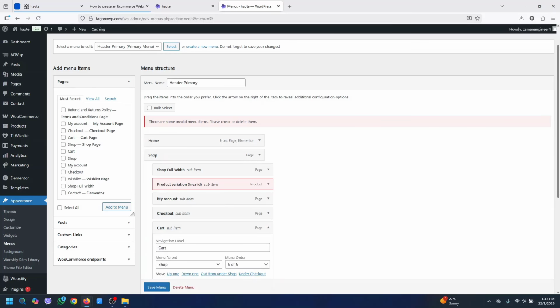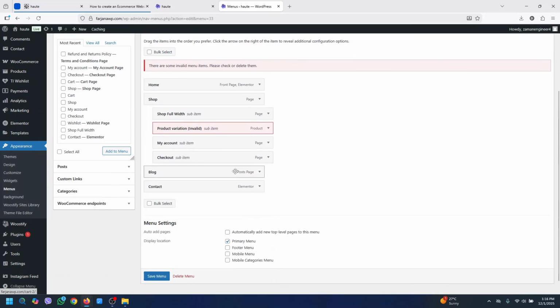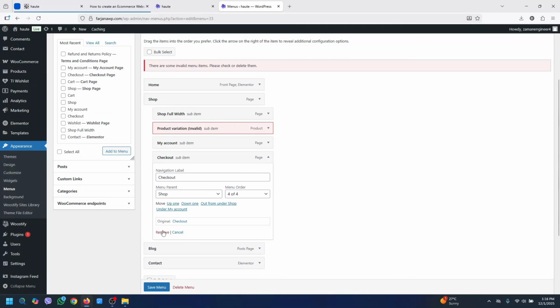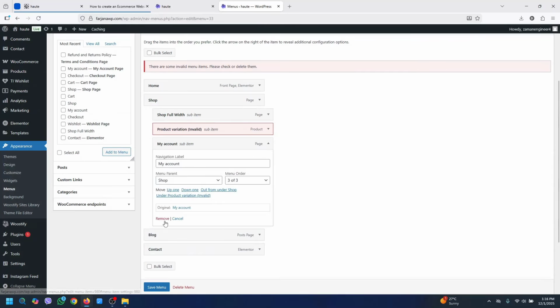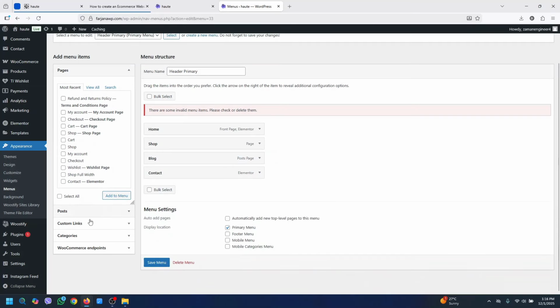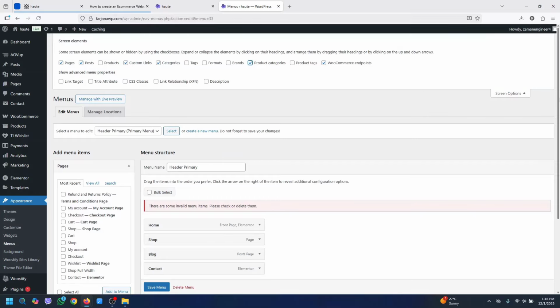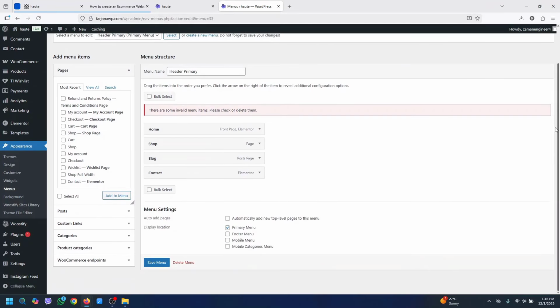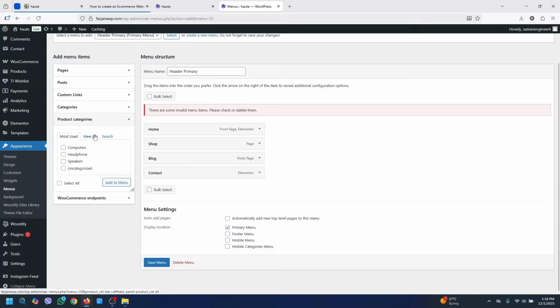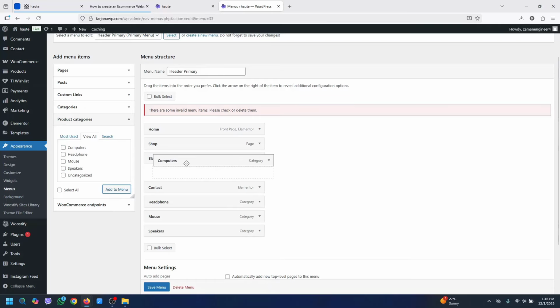So here I don't need the cart page, checkout, my account, so we can remove these. And here I'm going to add some product categories, going from top, and product categories enabled, edit product categories, so view all, and I'm selecting these 4 categories, add to menu, and computers under shop, phone,